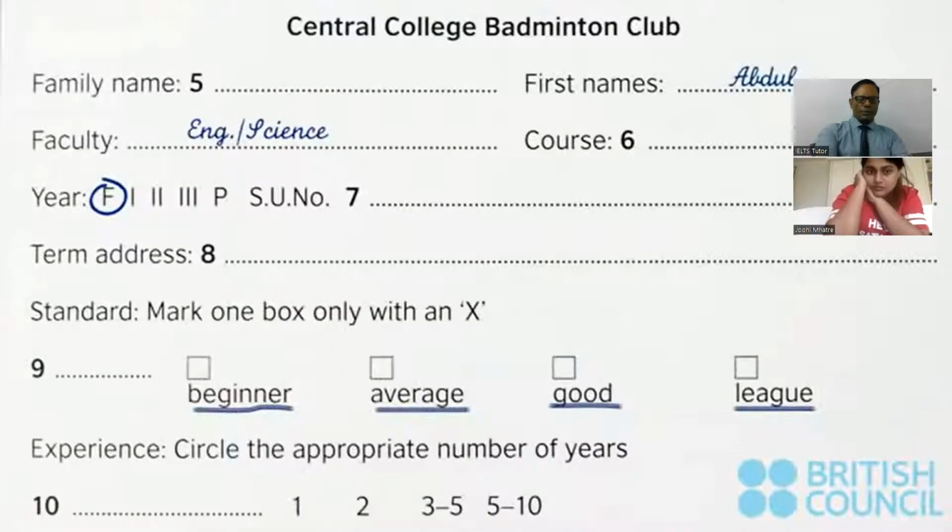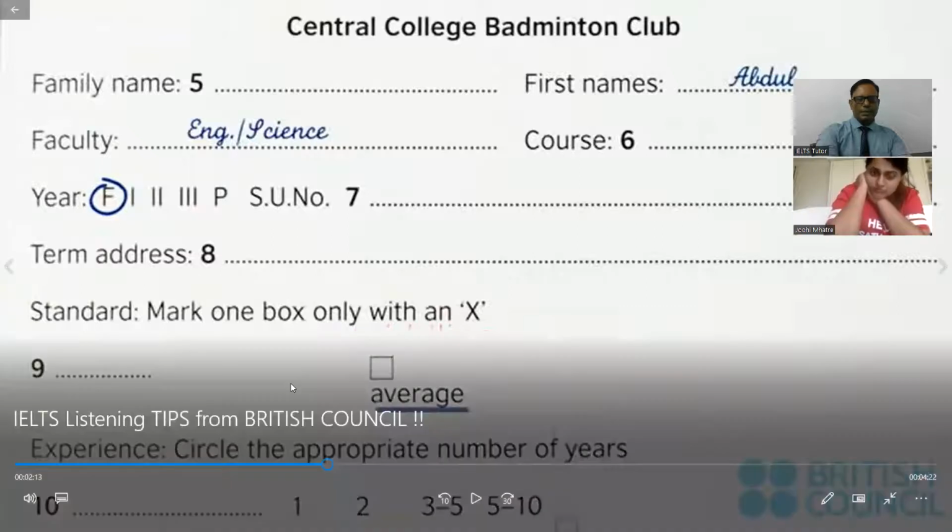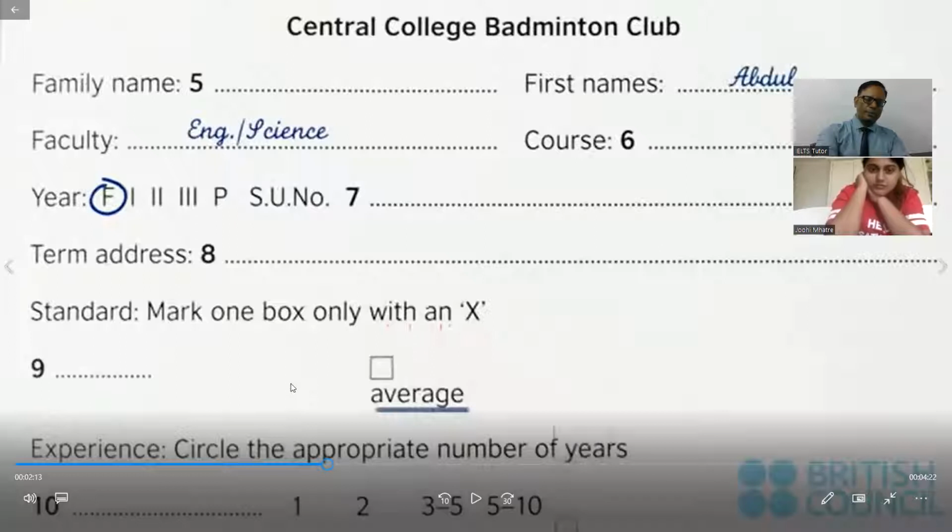You see now. How do you rate your game? Beginner? League? Oh no, I'm not league standard. Just middling, really. Not bad, but not good. See, she has, and he has not spoken average, but average is mentioned. Not good, not bad. So they will never say the word, but exactly the same word that you will find.